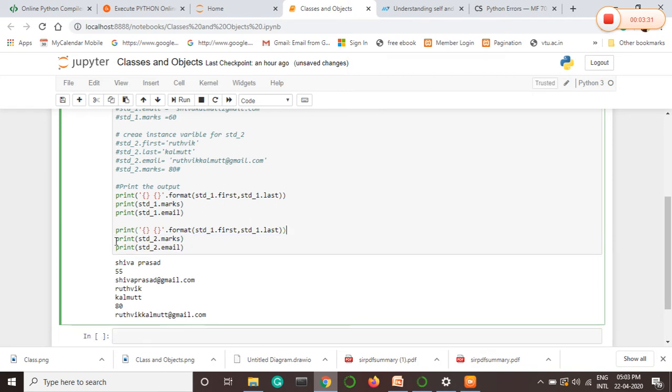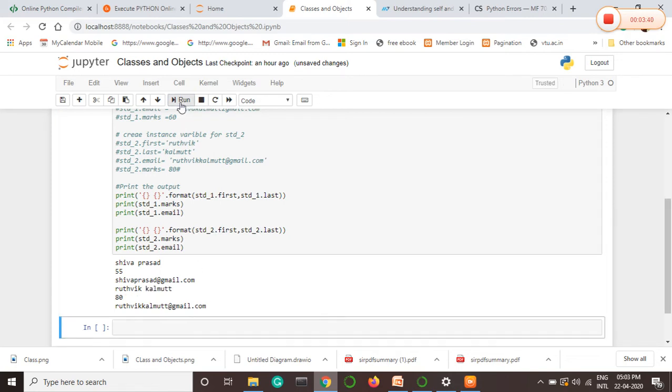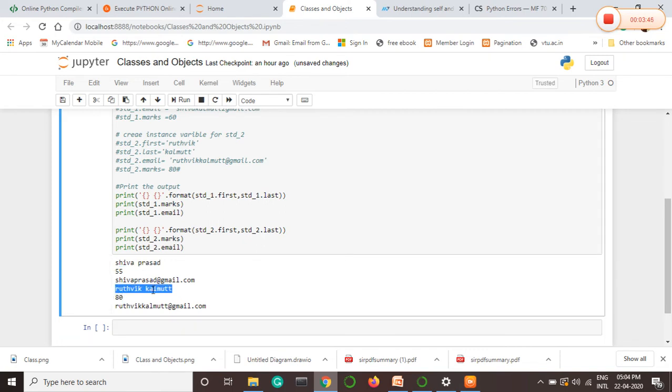See, instead of student 1 I will use student 2 and student 2. When I run this program, it provides me the full name of student 1 and student 2, and it also prints the output in this format. And this is how we can access the instance variables automatically in the program. Similarly, there is one more option to access this full name, besides what we are using here, right?